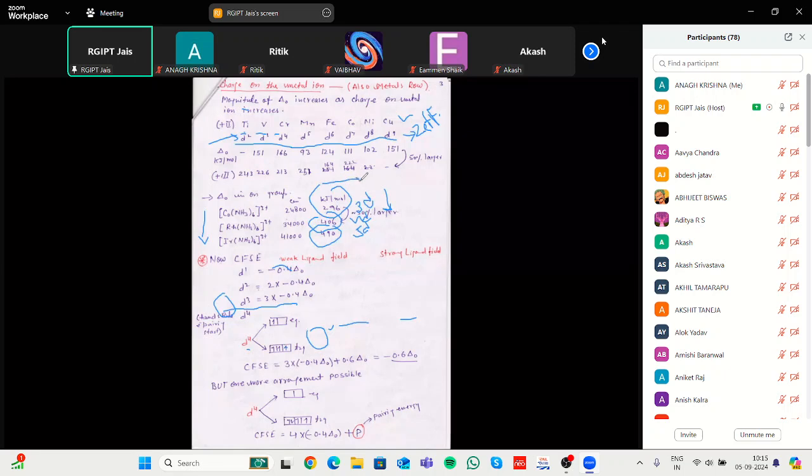After that, it depends on which type of ligand is attached, whether it is high spin or low spin. If we compare the CFSE, in the case of d1 it is minus 0.4 into 1 into delta O. If 2 electrons are there, 2 into minus 0.4 into delta O, then 3 electrons. After that, with 3 electrons there is some pairing in t2g and eg. If there is a 4 electron system, 1, 2, 3 and 4.